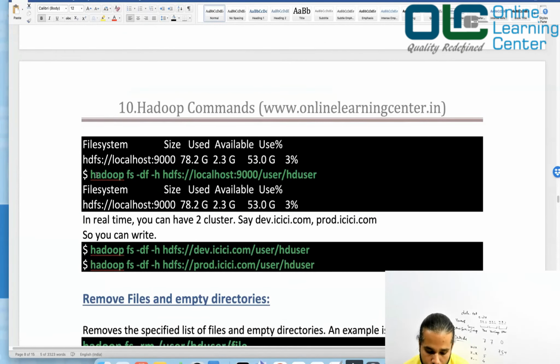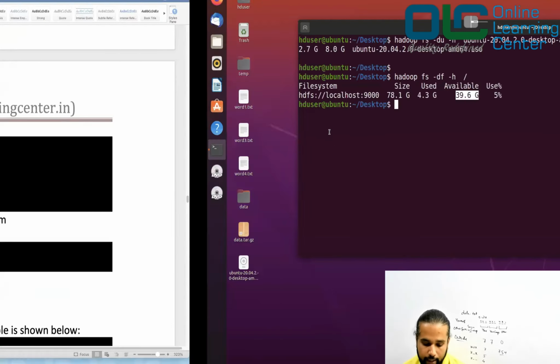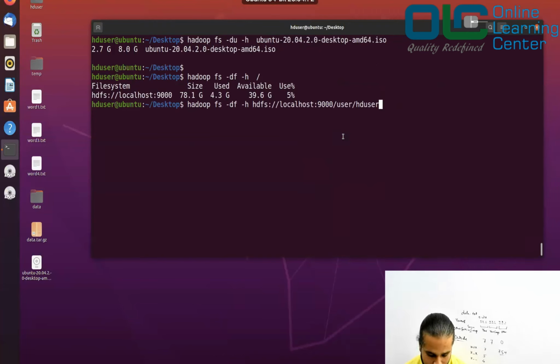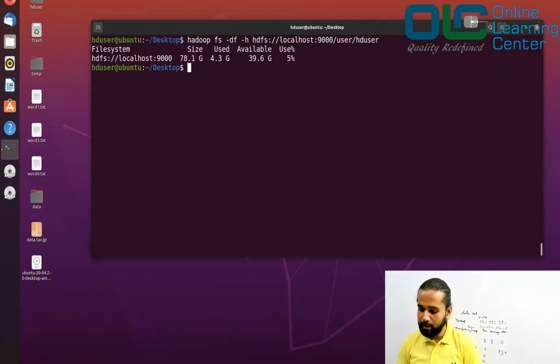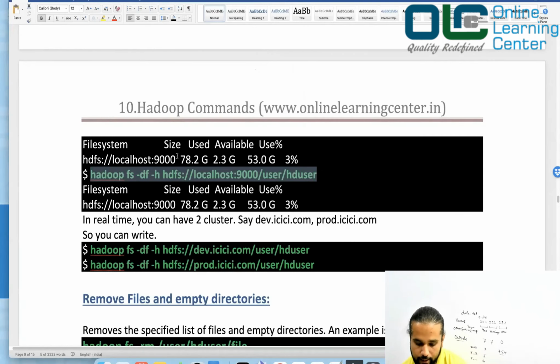You can also pinpoint your own usage, because I really don't care about somebody else's. As I said, people will send me an email saying that you are running out of disk. How do you identify what the problem is? You can just check, let me say slash user, and it will tell me how much is used and how much is not used. In my case, I'm the only user, so it will show me the same number.